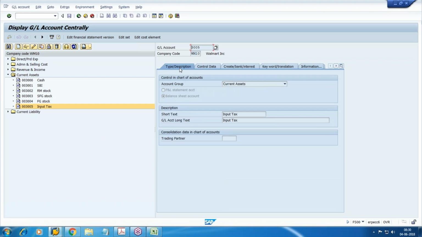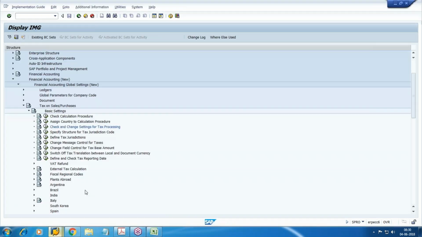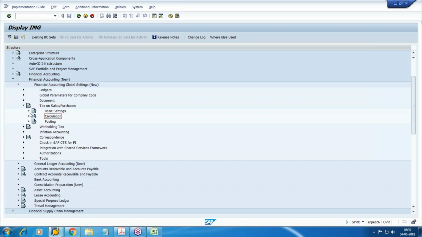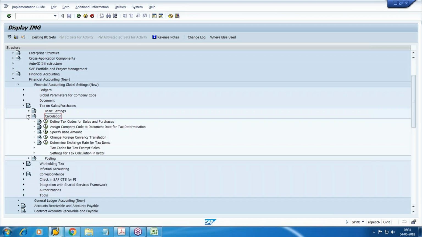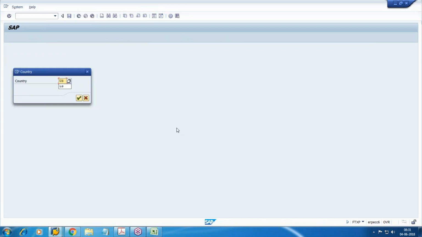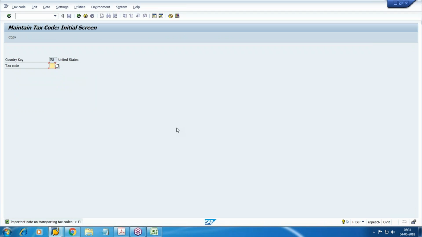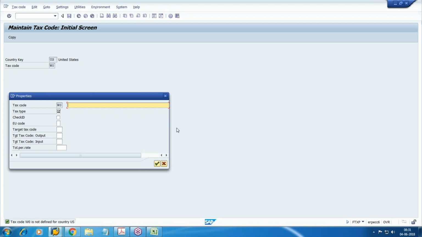Now we will create all the relevant tax codes. Transaction code FTXP, or you will get this option here in calculation. Define tax code for sales and purchase. Country. Before creating the tax code, make sure that your tax procedure is assigned to the country. So the tax code is W0,